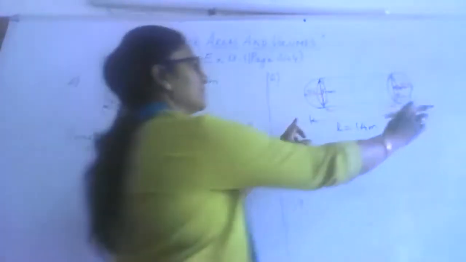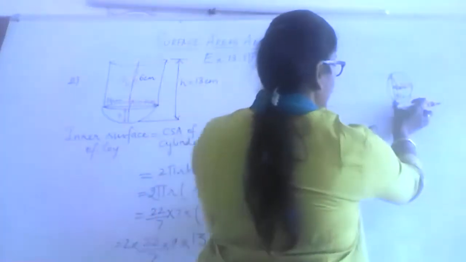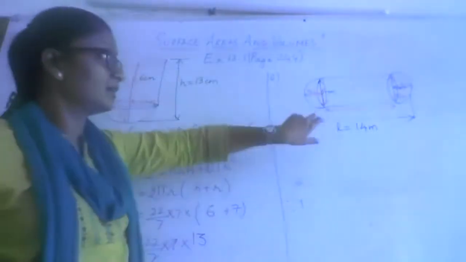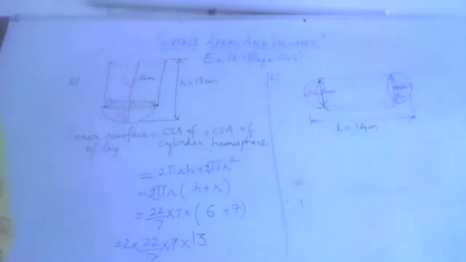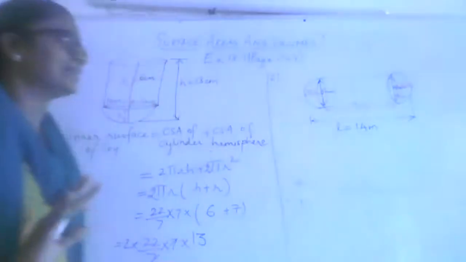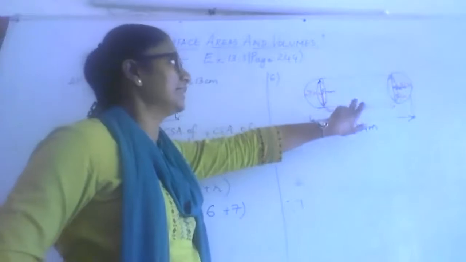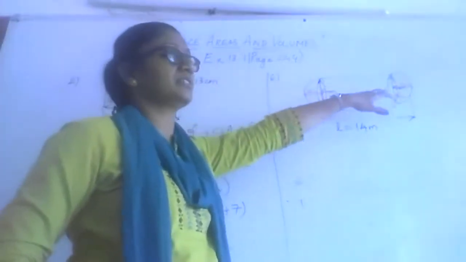Because you have this total length as 14, from here you are removing a 5 by 2, and from here you are removing a 5 by 2, the radius. So 5 by 2 plus 5 by 2, that means it's 2.5 plus 2.5, again 5. From 14, if you remove the 5, what should you have as the length of the cylindrical part? 9 mm. The length of the cylindrical part will be 9 mm. Now for the cylinder and the hemisphere, you have the dimensions. The radius of the cylinder is 5 by 2 and the height of the cylinder is 9. Here the hemisphere's radius is 5 by 2, which is 2.5.